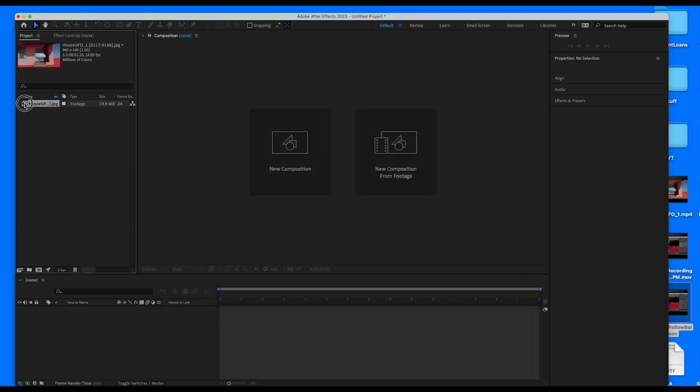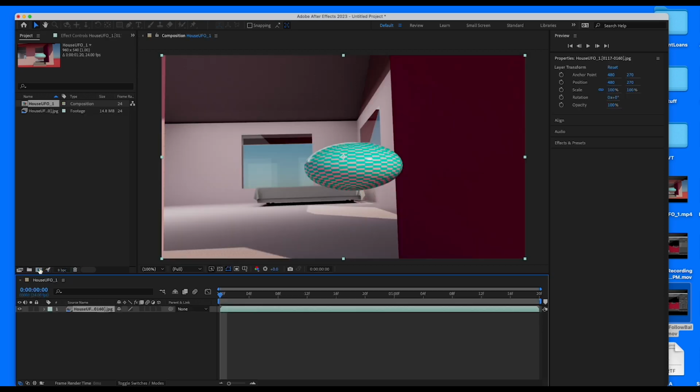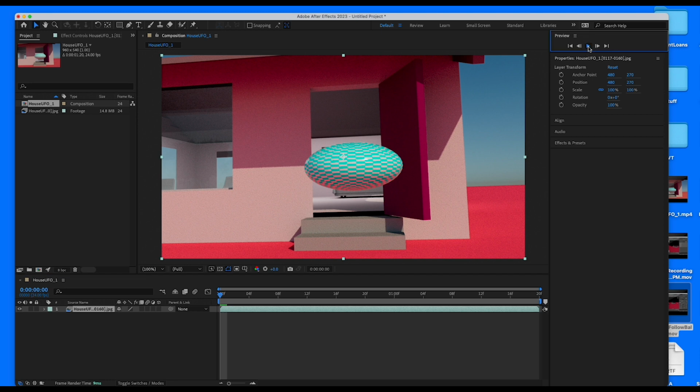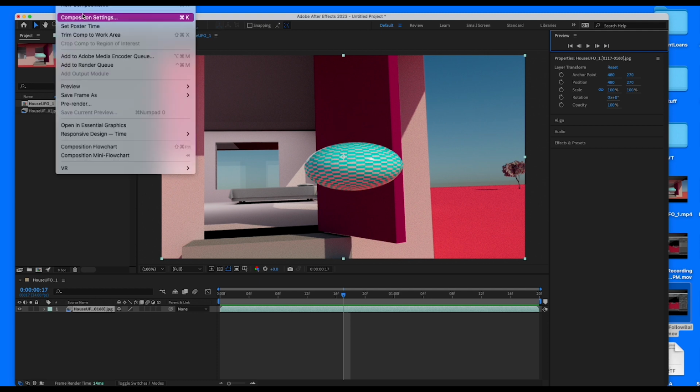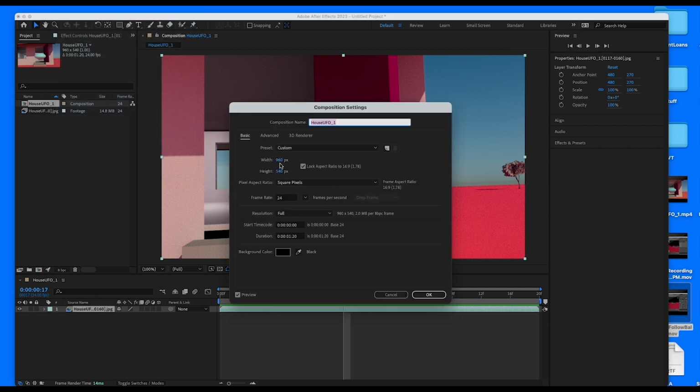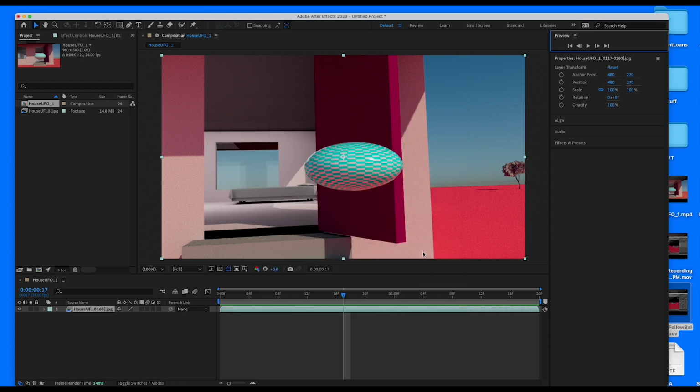Now all you have to do is drag this stack over this new composition window, which is down here. It's like 3 colored dots. Then I'm going to play it by going to preview. What you have there is a composition or sequence. If I look at the settings, it's the right size, which is 960 by 540, which is what I rendered my stuff out at, and it gives the exact right size.